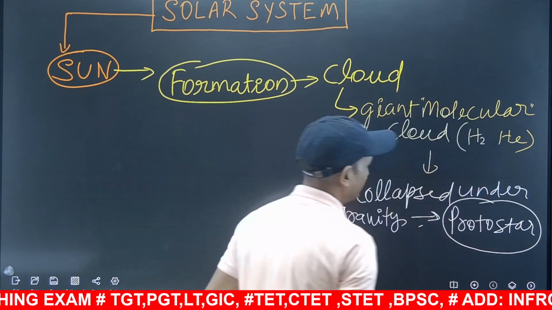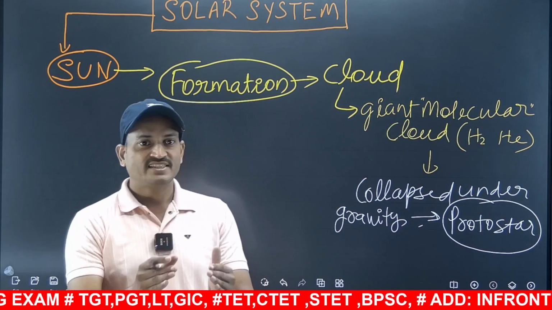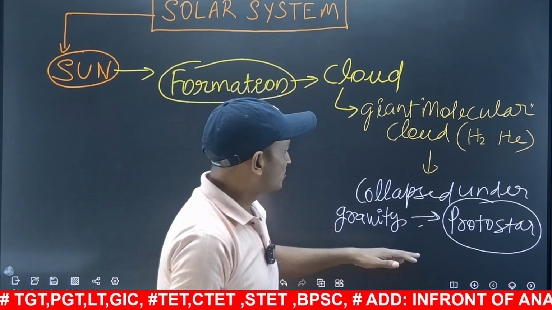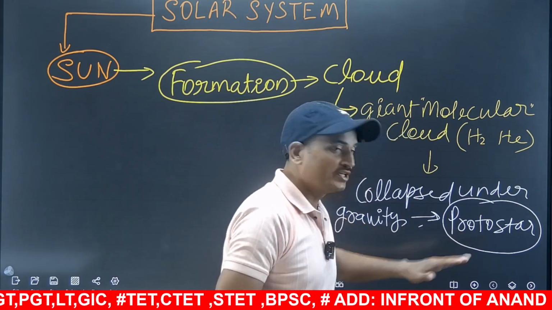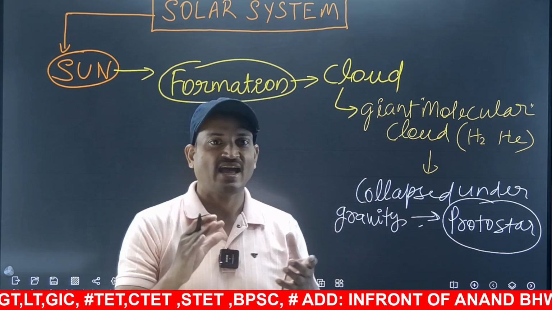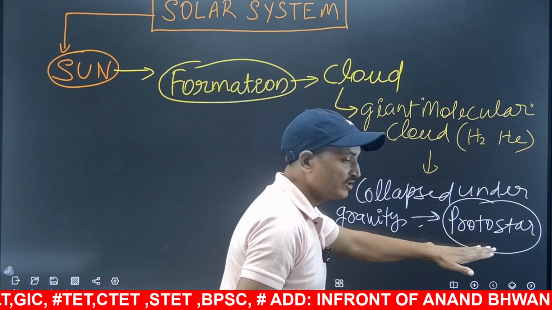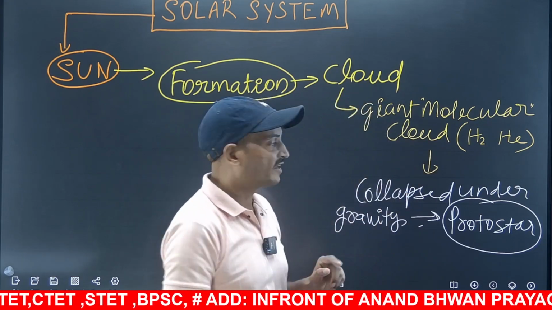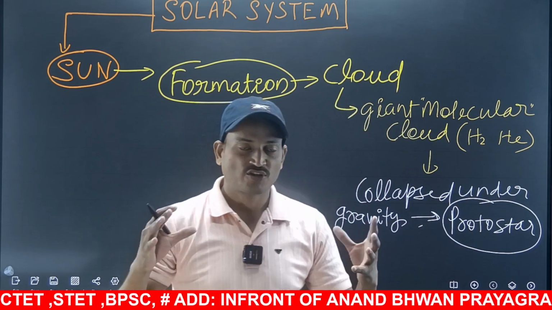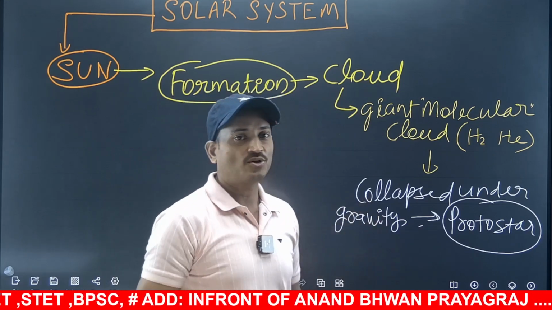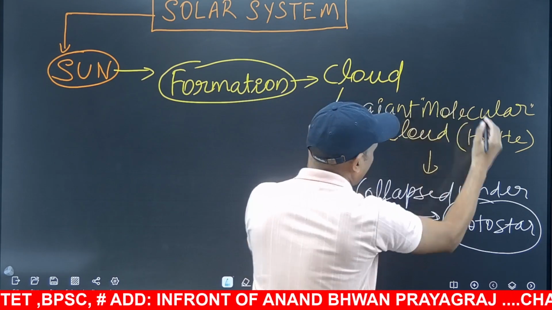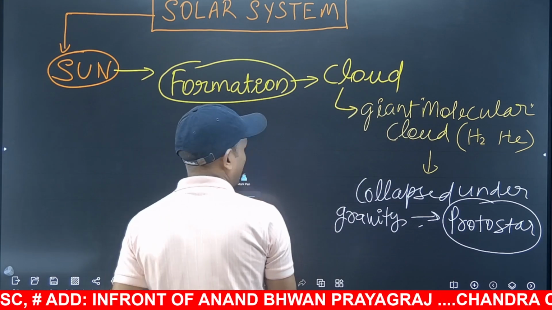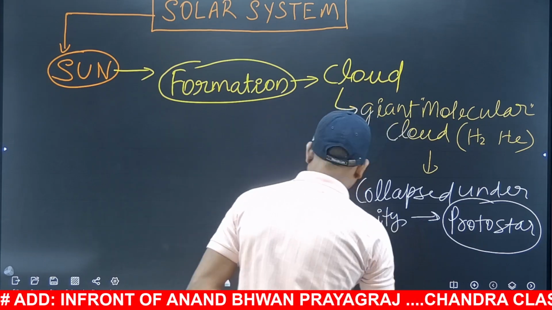This is an important aspect here. Protostar is a pre-form of a star before the nuclear fusion starts in any particular star. So this protostar is extremely dense and has extreme temperatures. Now this protostar is not like the molecular cloud, because the molecular cloud was cold, but this protostar is extremely dense and extremely hot as well, because of the compressive forces. This cloud compressed under its gravity, and gradually in the course of time it turned out to be a protostar.